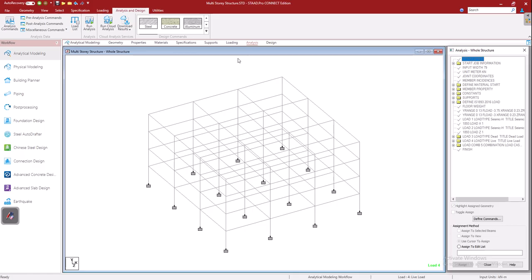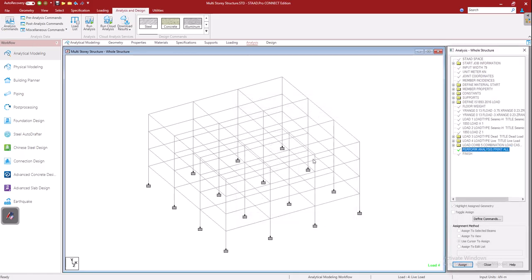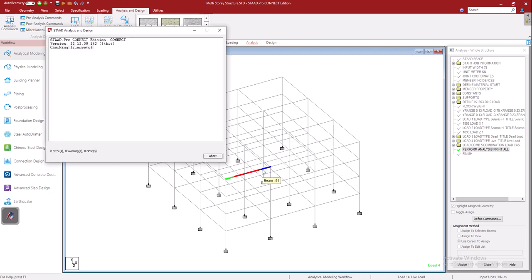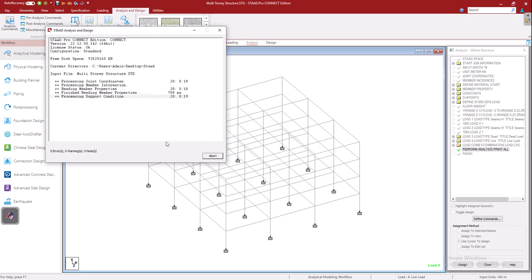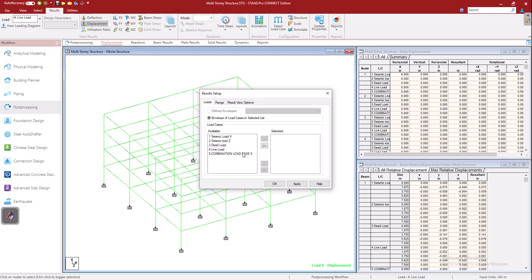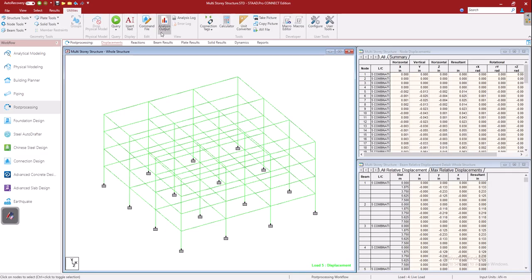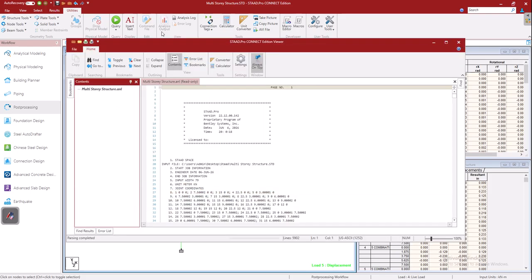Now I am going to analyze it. In the analysis, once this is done, I will go for run analysis. I need to wait for a few seconds. Once it is done, go for post processing mode, and then I will consider this combination to be applied on the structure. Once it is done, here in utilities we can take a look at this